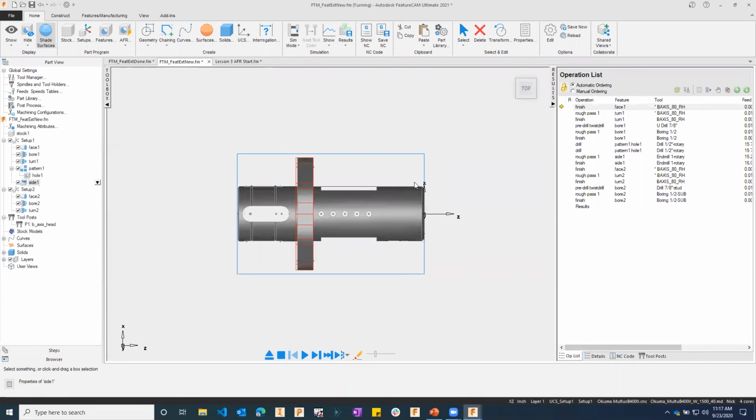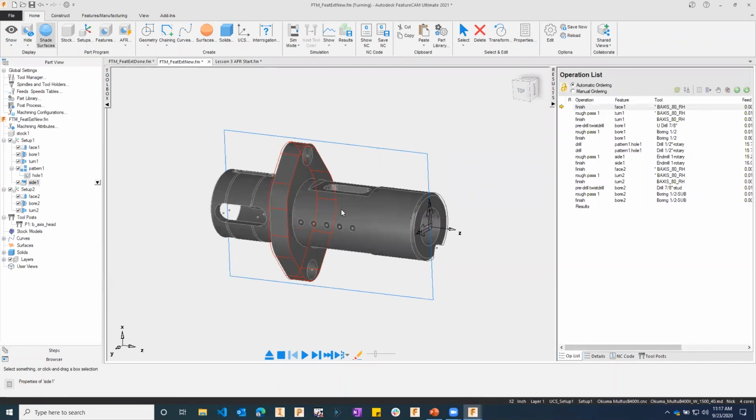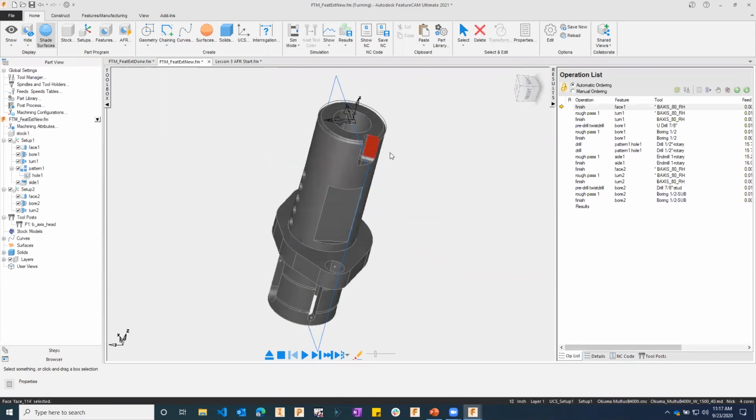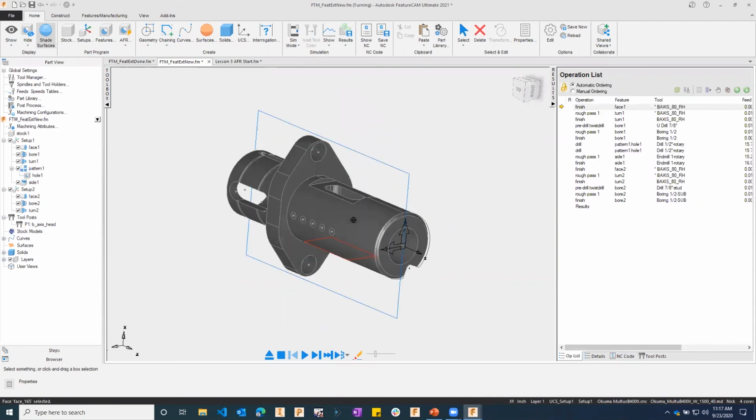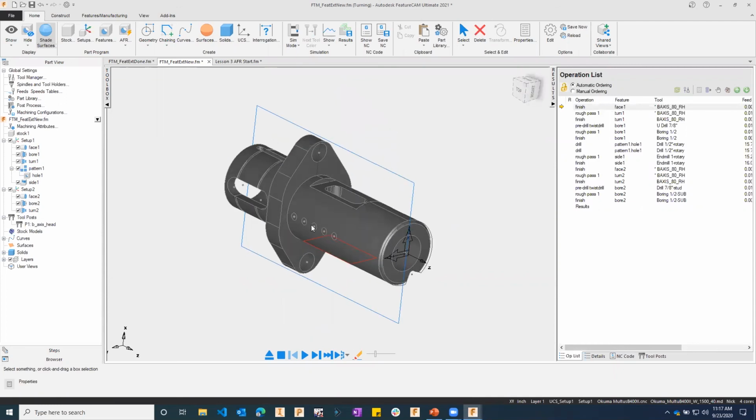All right, so last thing I want to show is a little bit of IFR, interactive feature recognition. So we did not get a few of these features on setup one. So we got this cutout here, we got a flat on the bottom, flat on the top with a pocket and some holes along the side. Let's do